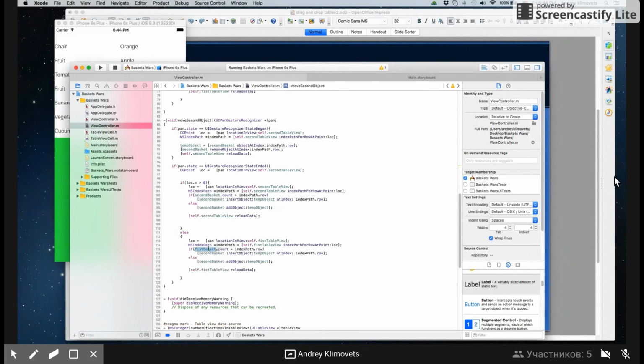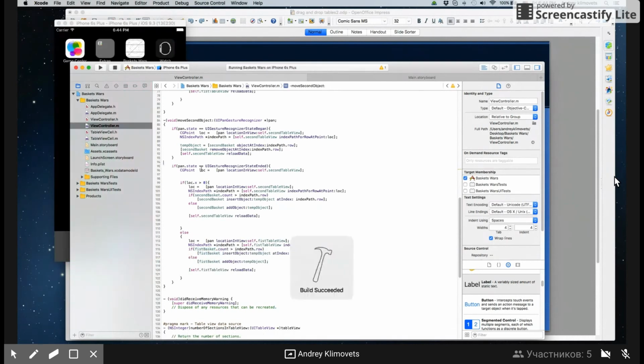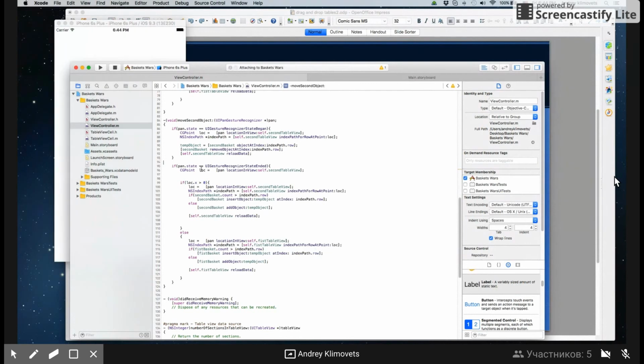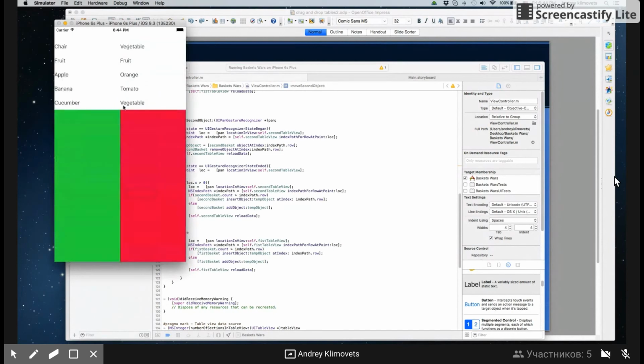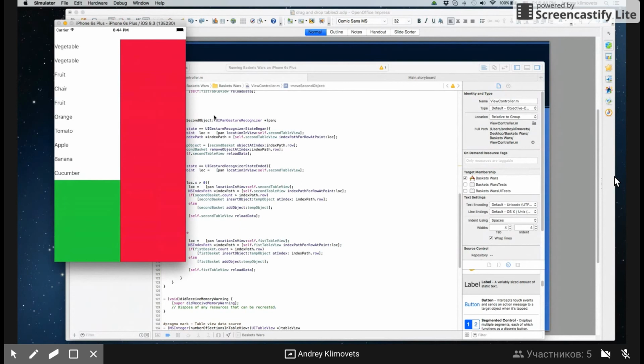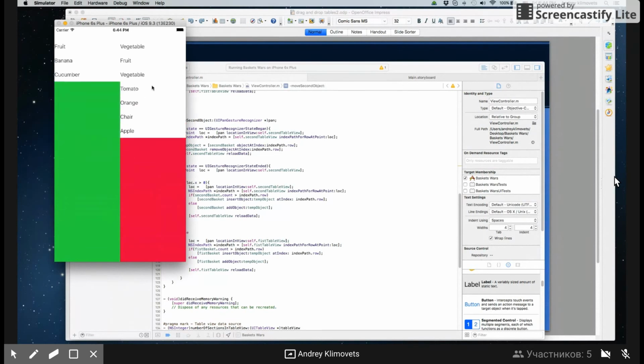First basket, first basket, first basket. The error was because I used the second basket in 2 ways, but it's not right. When we finished at the first table view, I should use the first basket, like here, tomato to first basket, orange to first basket, fruit to first basket, and vegetables again to first basket. Now I can do it all day,